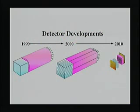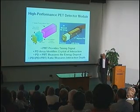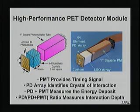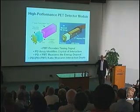to give you some ideas about how we're approaching the problem of getting 100,000 detectors around the body that will be able to be dealt with electronically and without too much scatter, and not to take too much time, but to make a point that this is like the retina, and this took 27 years of discussion to come to this device, and it all started one day with Steve Derenzo and me running up Cardiac Hill. And thank God I stopped running a little bit after that, otherwise I wouldn't be here maybe. But Steve runs from here to Pinole regularly, and